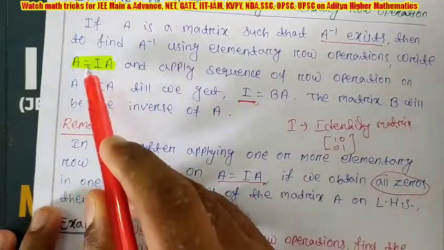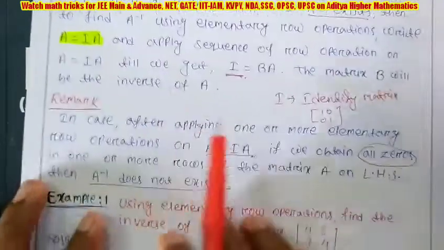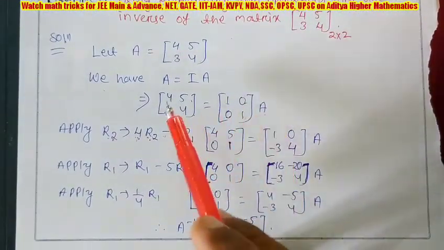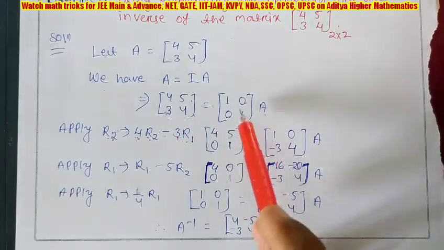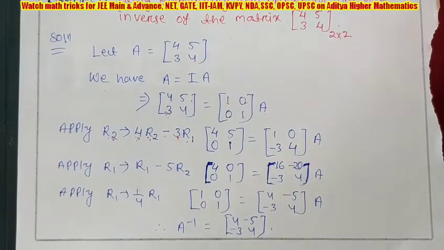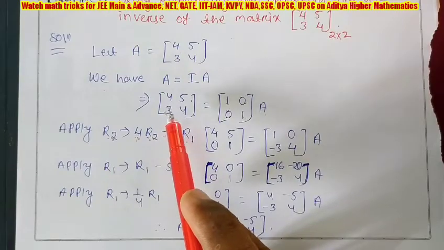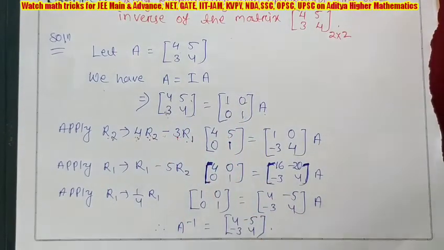Now I told you that on the left side the A matrix and on the right side the I matrix are the ones you change, but at the end you write the given A matrix. So I am writing A only, and in place of A I am using the value of the A matrix, and I am using the value of the identity matrix. Now your aim is to change the left hand matrix to the identity matrix, then automatically the I matrix will be changed. How to change it? First you have to make all the zeros, and finally you make all the ones.